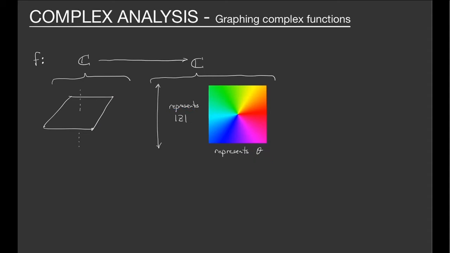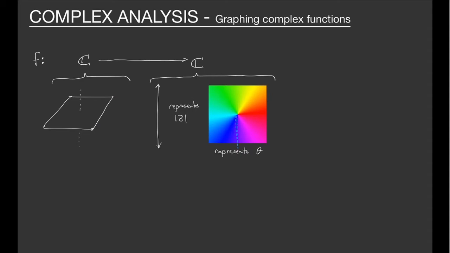The argument is an angle, and the angle can be represented via this wheel. For example, if we were to have a positive real number, we would color it red. If we had an imaginary number, like 5i, we would color that this greenish yellow. If we had a strictly negative real number, we would color it cyan. And if we had a negative imaginary number, such as negative 17i, we would color it this lavender